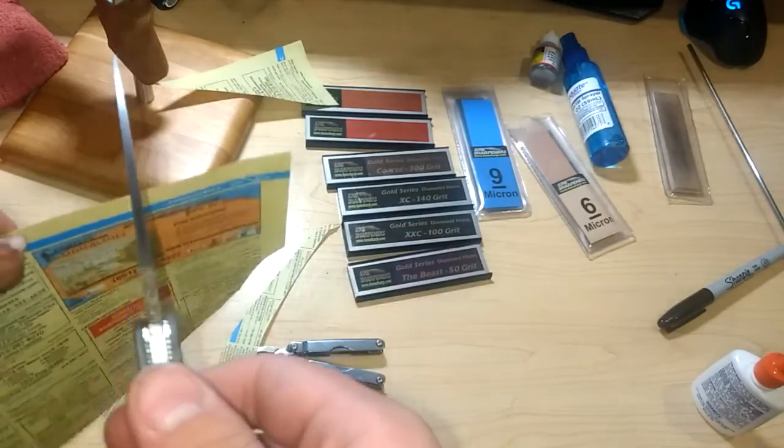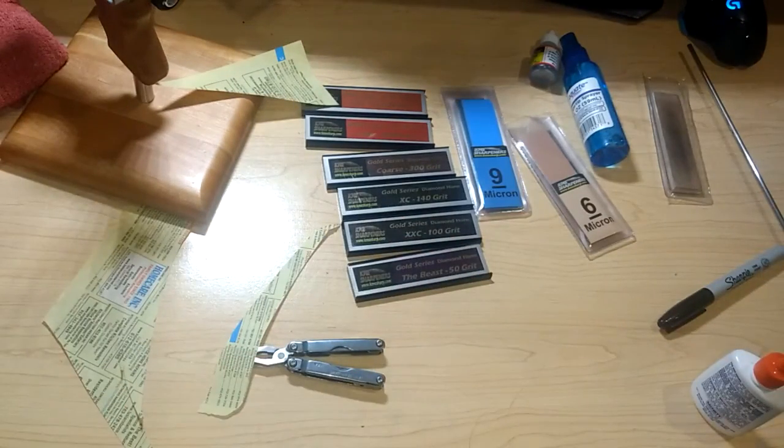Now, if you guys are Cliff Stamp lovers, I'm not really a lover. I actually kind of don't like them. But what